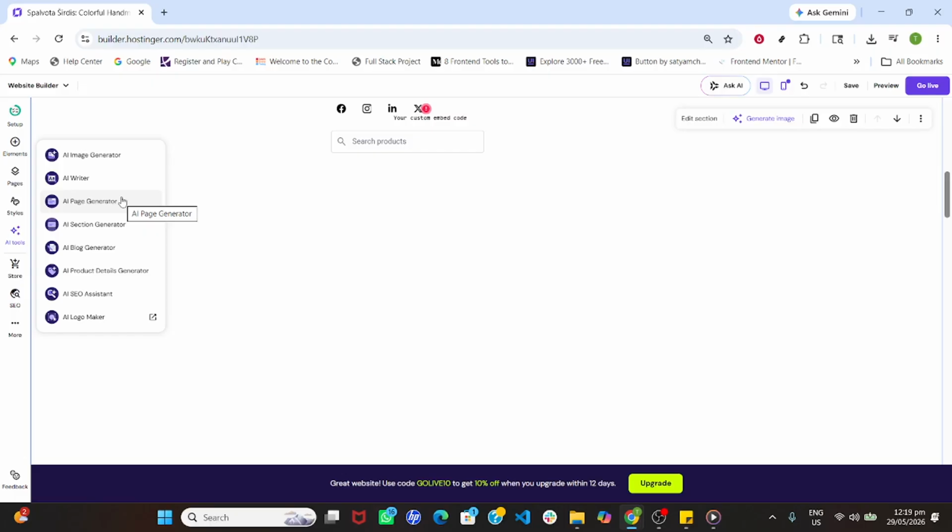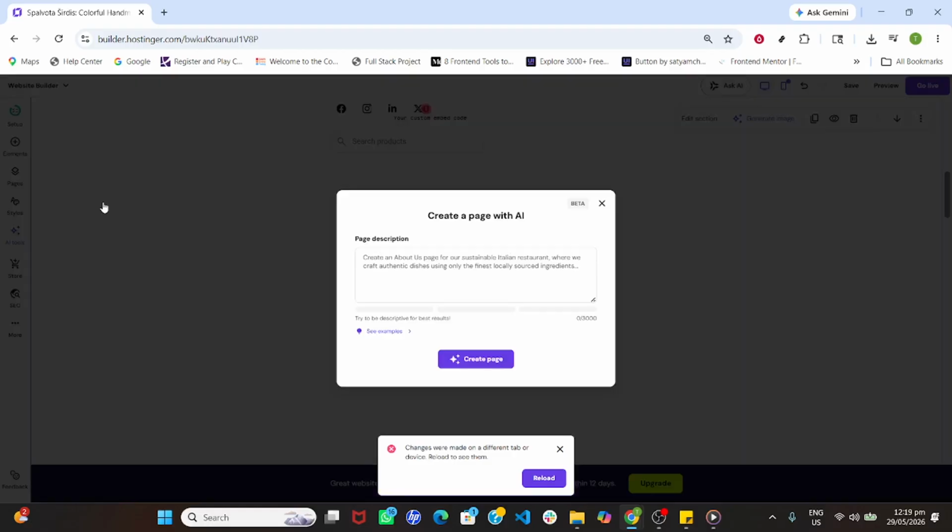This finalizes your request. The AI is now working. It might take a few seconds to process, so just hang tight, and that is it. In the time it takes you to brew a cup of coffee, you go from a blank page to a fully designed layout with images, text blocks, and a structure that actually makes sense. No more design paralysis. No more staring at an empty screen wondering where to start. You can always tweak and customize after the fact, but having that foundation done for you in seconds is a